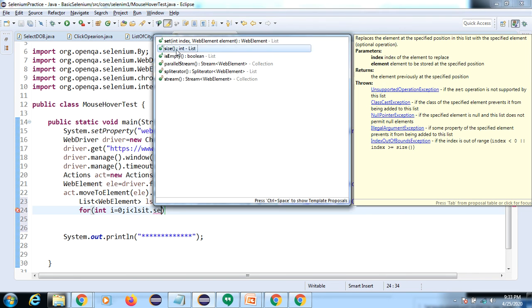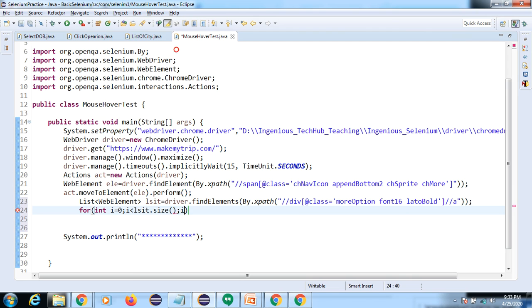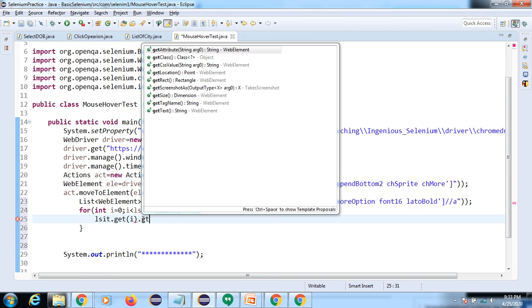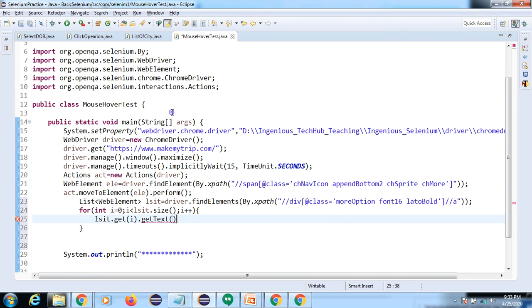By using this size method, we just need the basic logic of how this for loop is working and how this if else is working. That's it. Here we are not using anything extra. All the inbuilt methods are there, and inside these inbuilt methods we are just performing this Java concept. A little bit of programming we are performing here. After that, we are not performing anything on the list of strings.